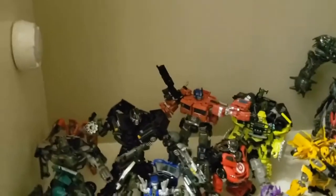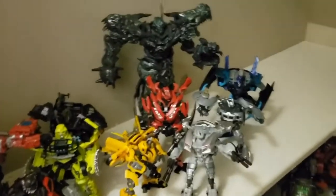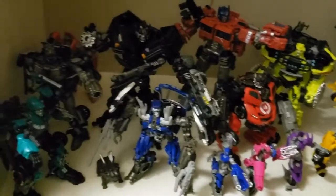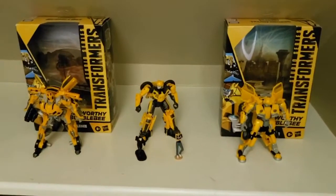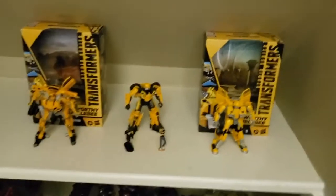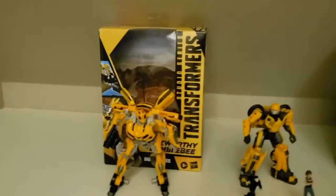Nothing's changed here. I've barely gotten anything new here. I got Jolt. That's pretty much it. So yeah, that's all I've gotten recently for the Studio Series line. But I did put a kind of Bumblebee Hall of Fame there. So I just put a bunch of Bumblebees there, and the Buzzworthy one that got me 2.9 thousand views